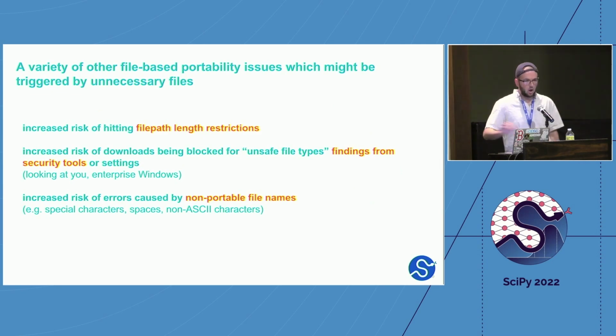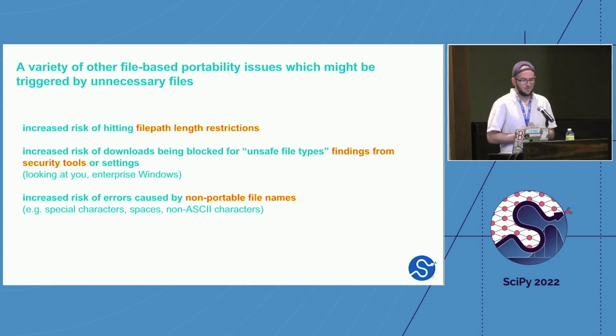Okay, and then there's just a long tail of other very weird portability issues. I think this is where my roots in the R community are really showing. R is very, very specific about portability. Removing unnecessary files can also help you avoid those files triggering other types of portability problems. For example, different versions of the tar utility have different limitations on the maximum file name length, right? So maybe you'll end up accidentally removing from your distribution some large files